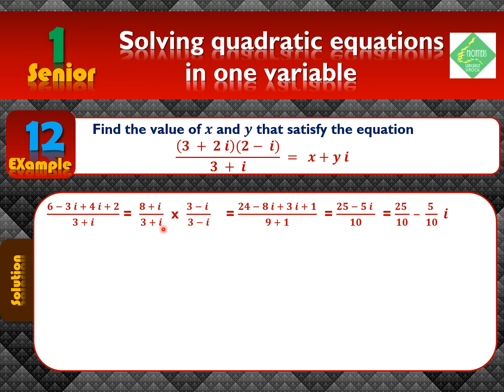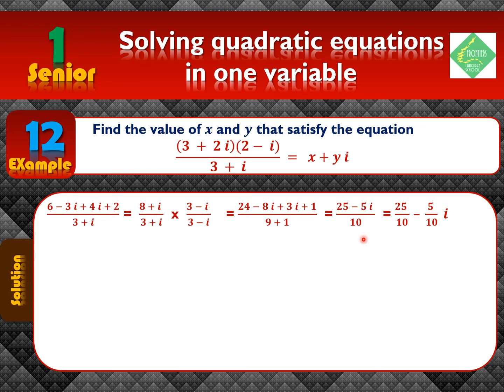But what is the conjugate? Yes, changing the sign of the imaginary part at the denominator, which is 3 minus i over 3 minus i. Again, distributing. You get 24 minus 8i plus 3i plus 1 over 9, which is 3 times 3, 9. i times i is 1. I have at the numerator 25 minus 5i by collecting like terms, 24 with 1 and 8i with 3i. Denominator is 10. So, separate the real part and imaginary part, because after simplifying I must leave my answer